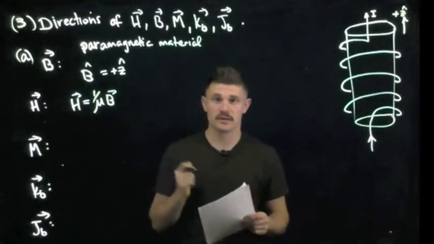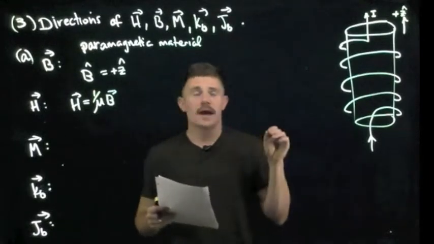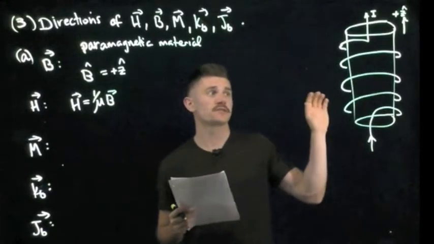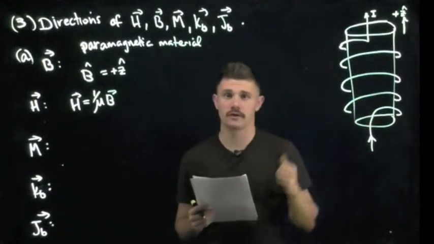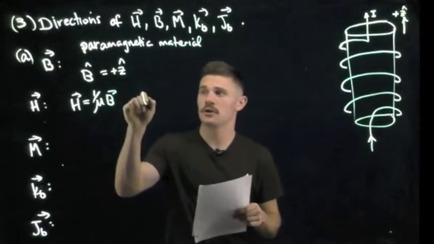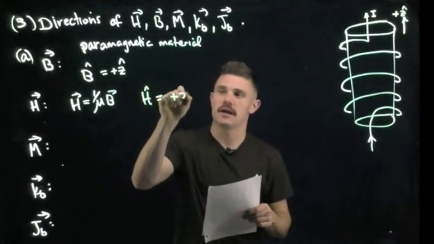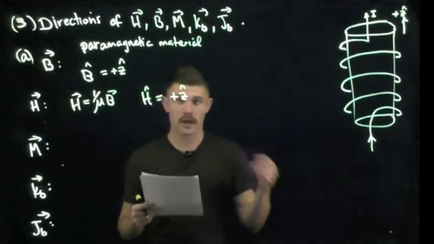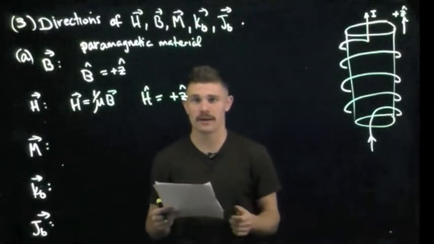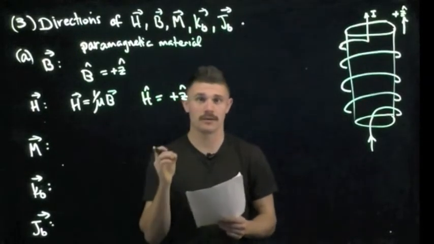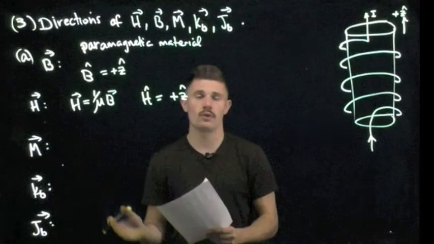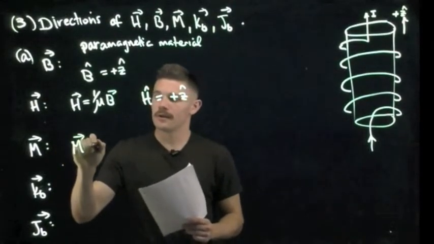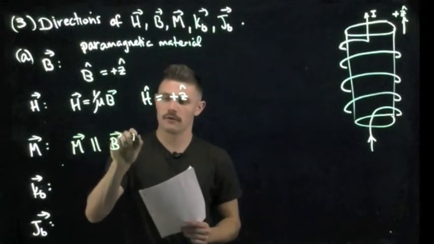Either way, if we're looking at just the direction of the vectors, B-hat will be pointing in the positive z-hat direction. Again, because our current is flowing around, with the right-hand rule, we curl our fingers in the direction of the current, and H-hat will be in the positive z-hat direction as well. For the magnetization, we have a paramagnetic material, and in paramagnetic materials the magnetization M points with the magnetic field. So we have that M is parallel to B